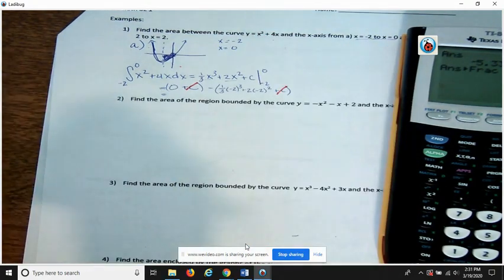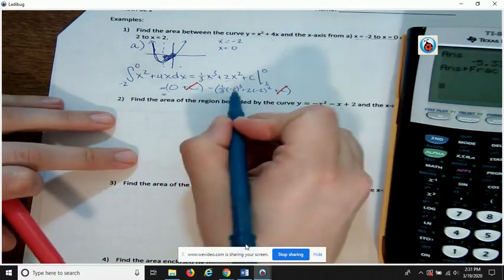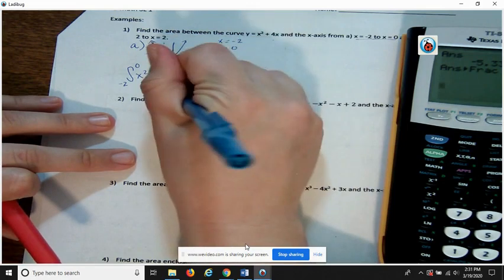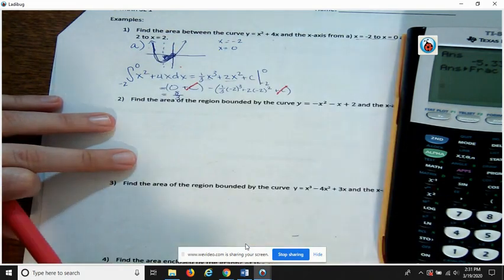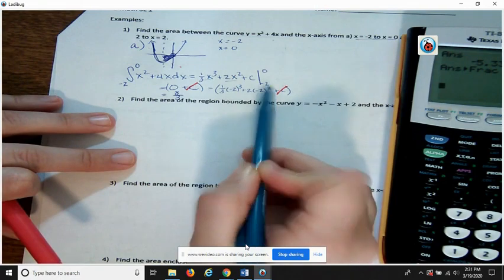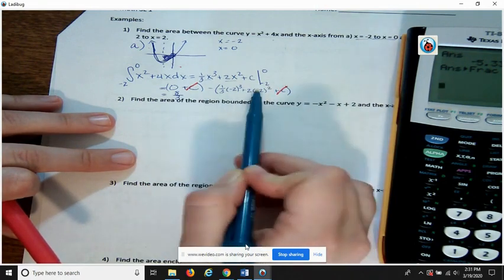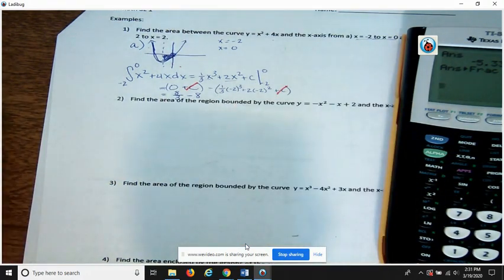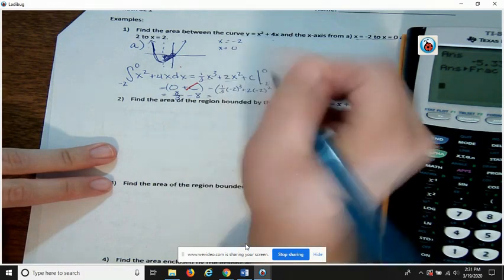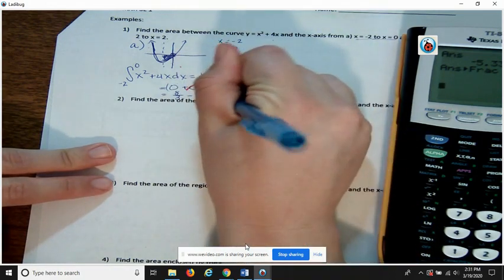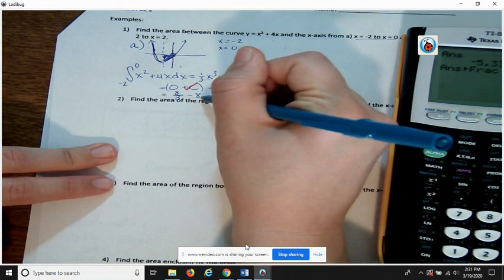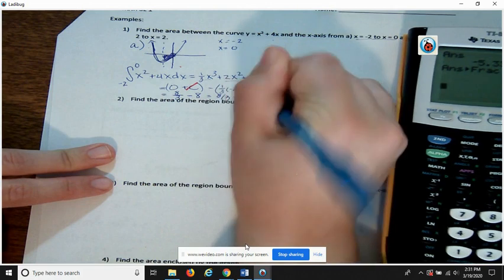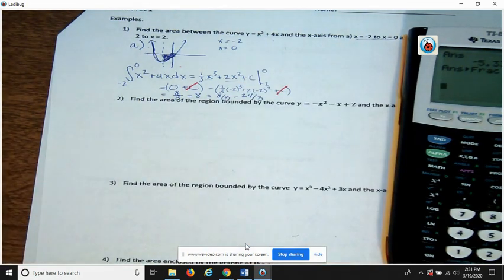Okay. And then we would have, so -2 cubed is going to be -8, but then we have another negative here. So we would have +8/3. And then -2 squared is +4 times 2 is 8. That makes it negative, so -8. Okay. Now we get to do some fun fractions. So we want both of them to have a denominator of 3. So we have 8/3. And then we want to multiply this 8 by 3/3. 3 times 8 is 24/3. And then 24 minus 8